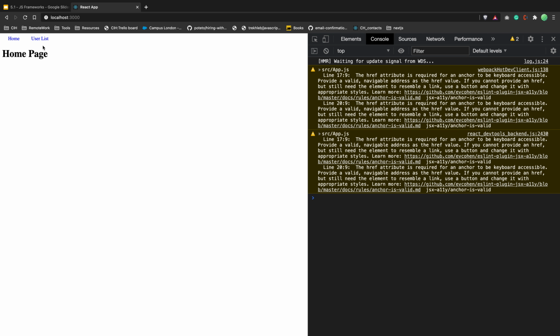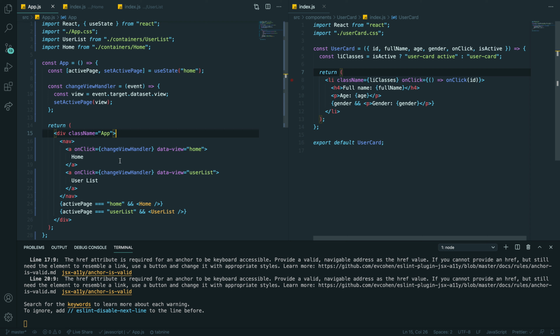Can you show again the code, not this one? Sorry, not CSS. You're not interested in CSS. Yeah, I was just looking for where. Okay, so on click you execute the change view handler.